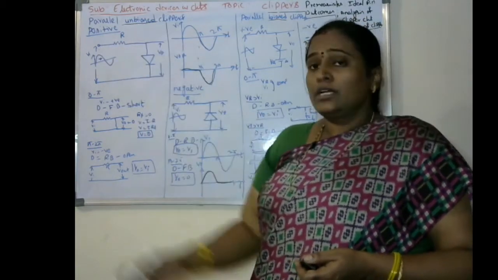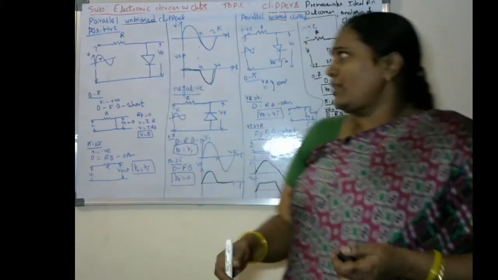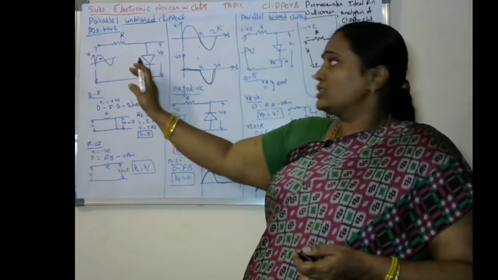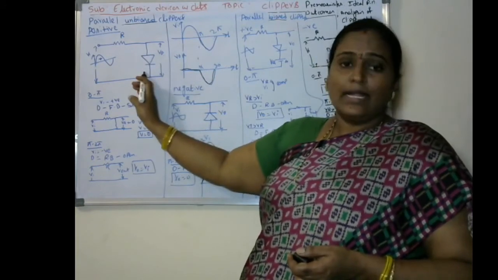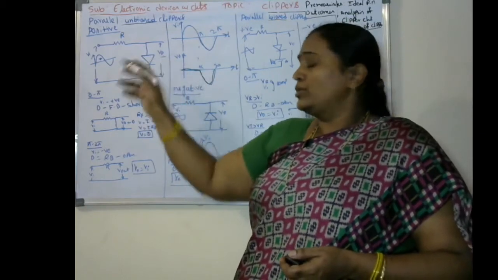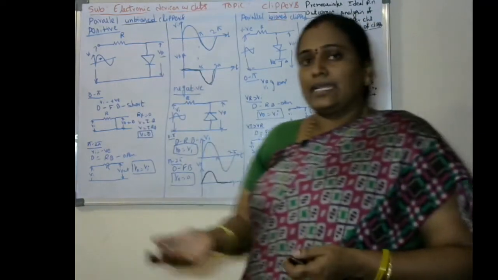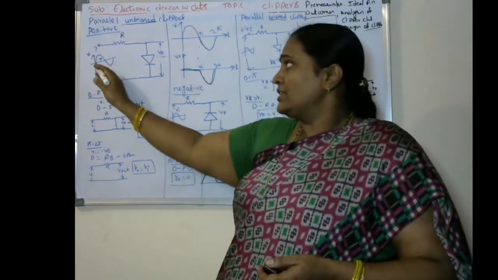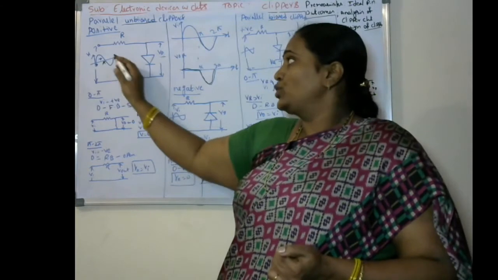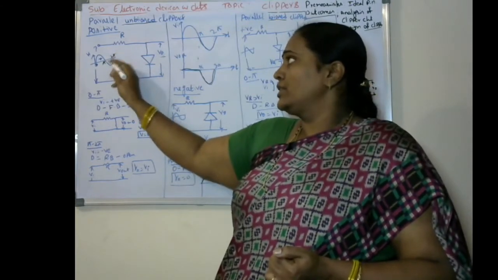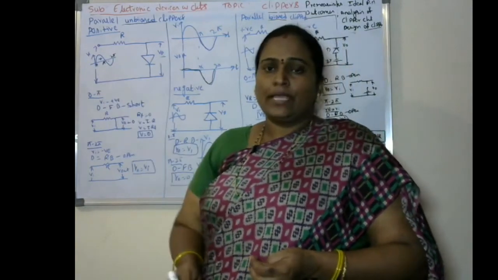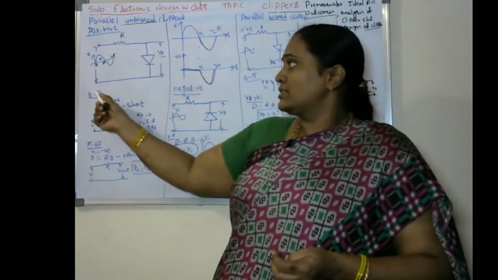This is a circuit for positive clipping. We have a resistor R and a diode connected such that the positive side is on this side and the negative on this side. We have to see what the output voltage is, so we do the analysis. The input has 0 to pi, a positive voltage, and pi to 2 pi, a negative voltage. So we split the signal into 0 to pi and pi to 2 pi. First we analyze the 0 to pi case.